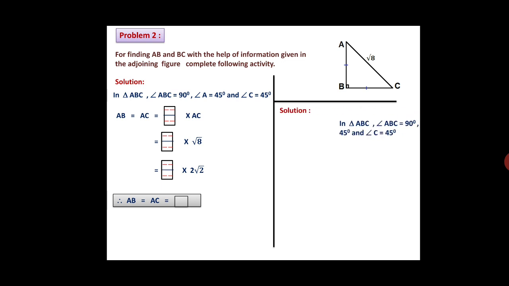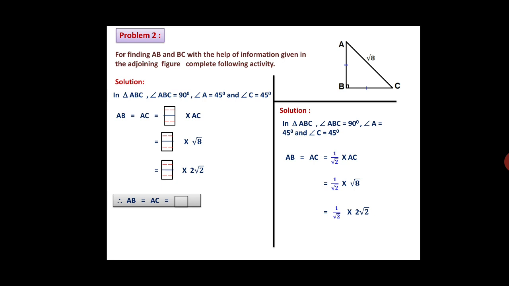Let us try for this one. This we have to write as it is. Triangle ABC, B is 90, A is 45 and C is 45. Therefore, AB is equal to AC is equal to 1 upon root 2. In the box it will come, at the numerator 1, at the denominator root 2, into AC. Therefore, 1 upon root 2 into AC as it is. This is 1 upon root 2 into 2 root 2. Root 8 is split, so what, root 2 gets cancelled. What is the result? It is 2. Here 4 boxes we have to fill up. Therefore, it is for 2 marks.